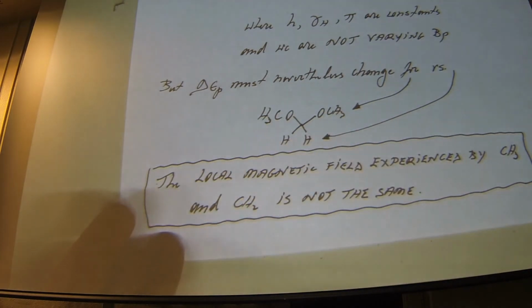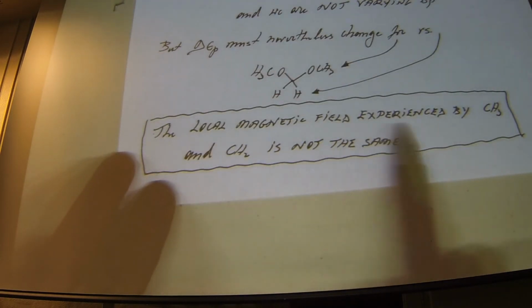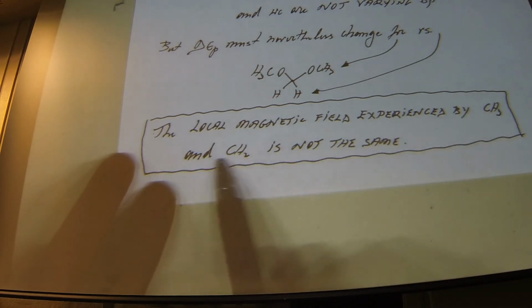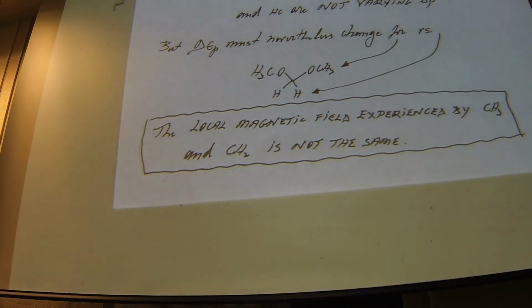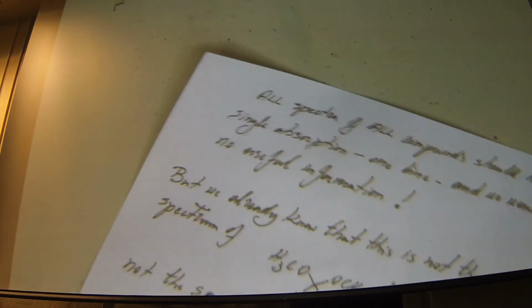For that proton, it's a different field. So the local magnetic field experienced by CH3 and CH2 is not the same. If it was the same, you'd see one peak. You don't see two peaks. Okay, so